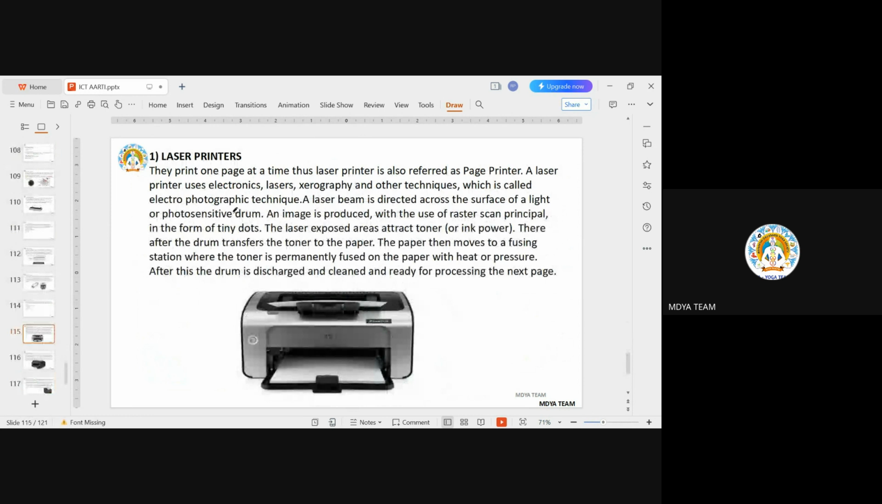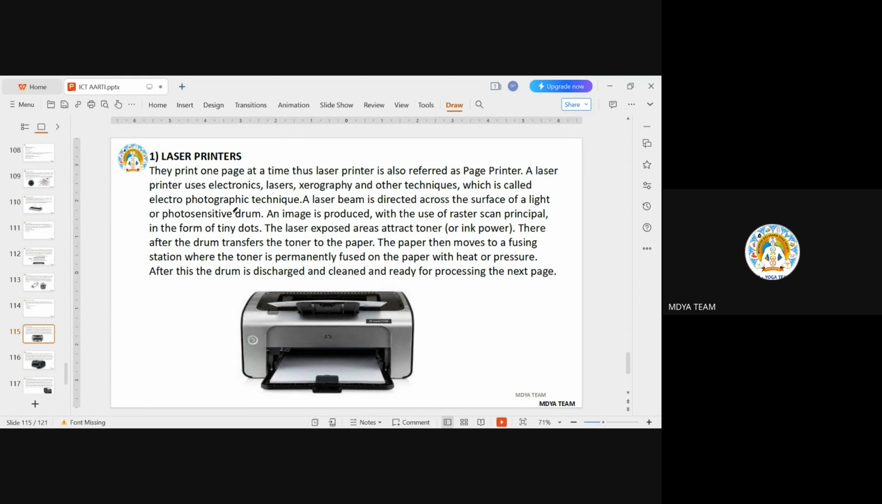The electrophotographic technique is used in laser printers. A laser beam is directed across the surface of the light, in which there is a mirror. There is a mirror and there is a light. The light reflects on the mirror, and the laser beam reflects on the mirror, and they will impact on the printer. There is a toner used in